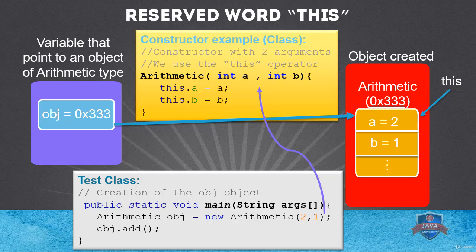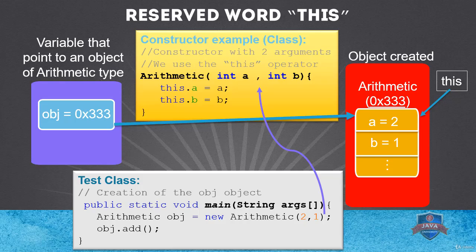Although the use of the this operator will sometimes seem redundant, it's a good practice to use it to refer to the attributes and methods of the class in which we are working, since by reading our code, we will quickly recognize which variables are attributes of a class and which are not. Within the constructor or methods of a class, the this operator will always reference the object that was invoked.